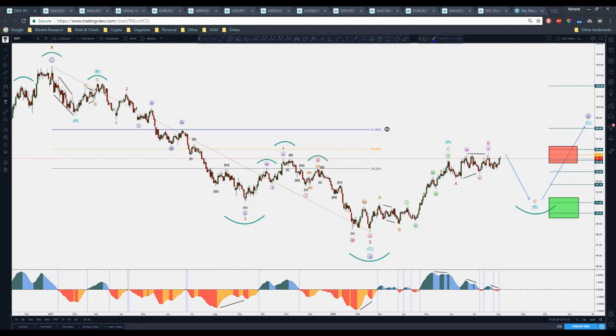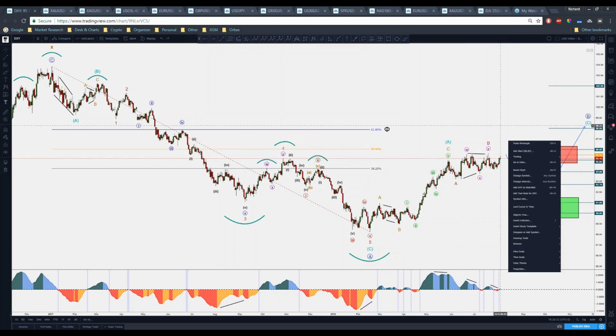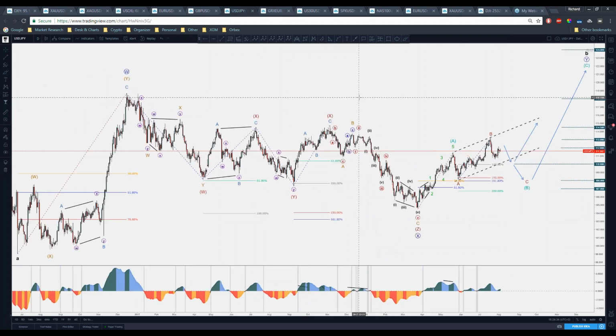Same thing right here. If it manages to break out, then of course this could be an indication for further upside. However, in my personal opinion, wave A already hit the 38.2 minimum requirements for a wave A, and it could be over. So we'll see. Now, moving on to the yen, complicated structure right there. There's about 5 minutes left, guys, until the release. So I'm going to need to continue this further on, but you get the picture so far.